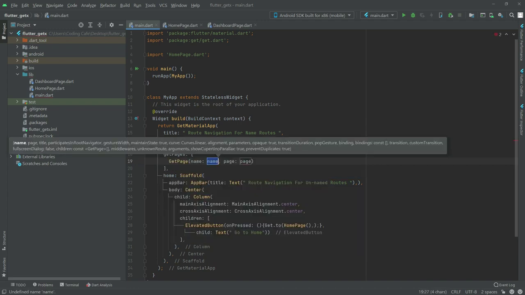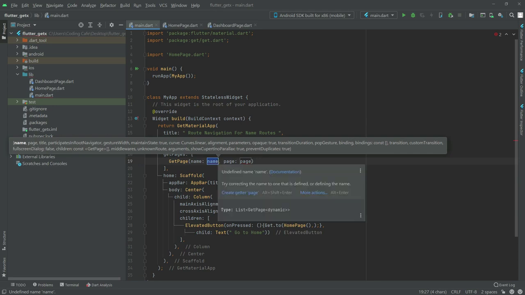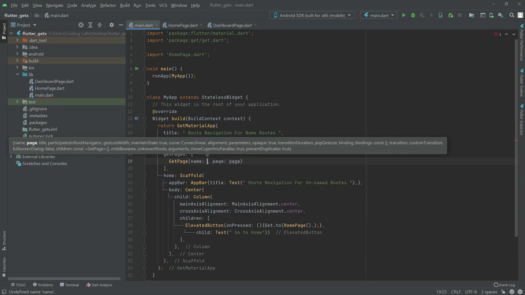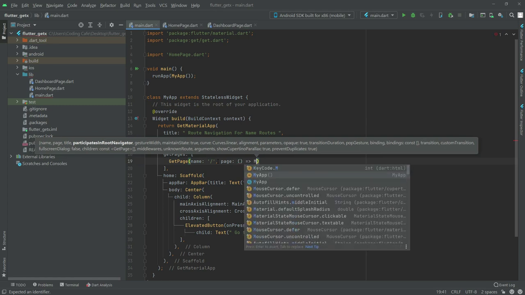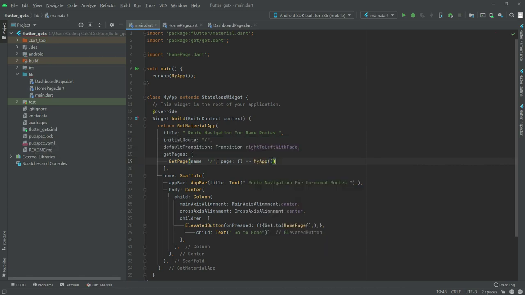We will give the route name in here, slash, this will be the route name, and in page, which screen or which route will be open. So in here we will set it to MyApp, so the first screen will be open as MyApp, as you guys can see in here.